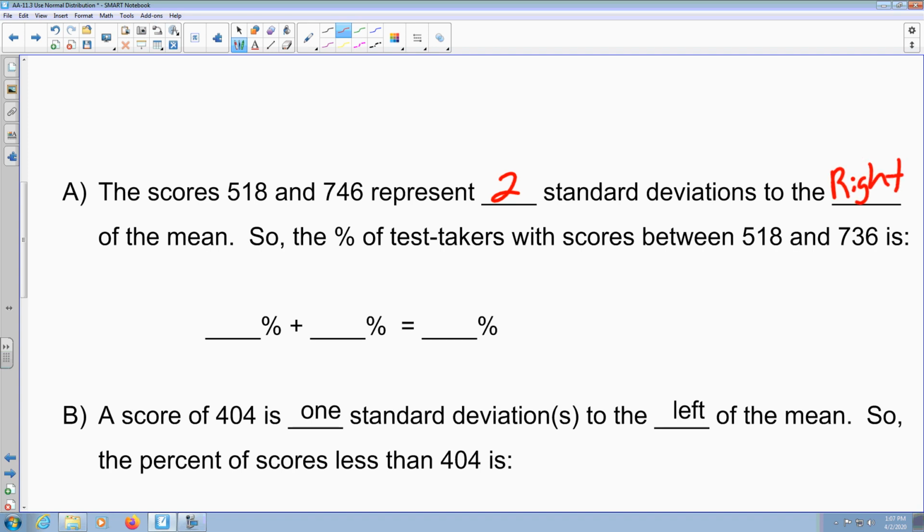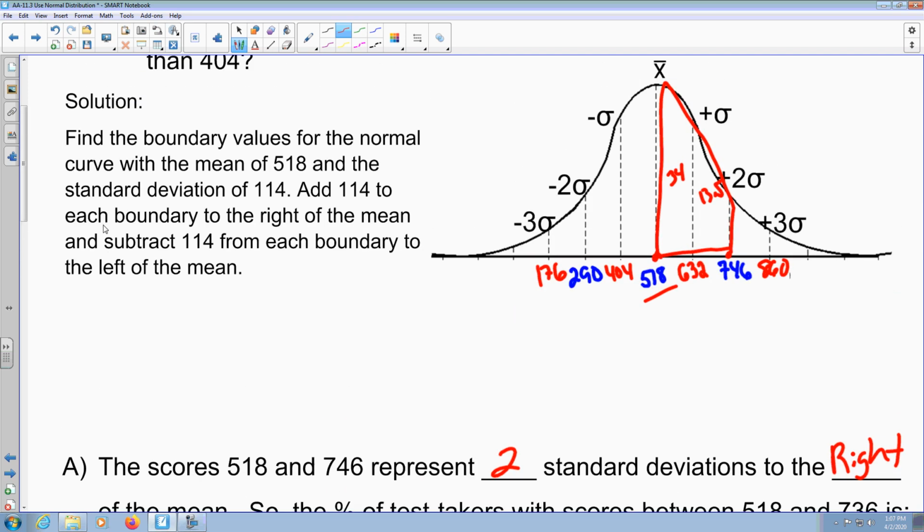So that's what that box tells us. So that means you're going to look at 34% and you're going to look at 13.5%, which gives you a 47.5% chance of you picking something that was between 518 and 746. The second question